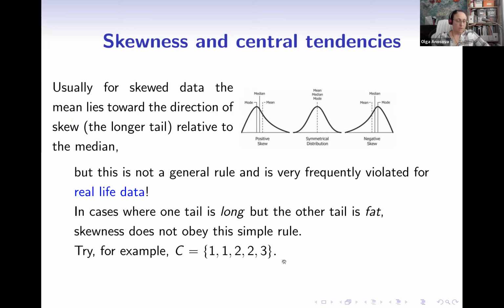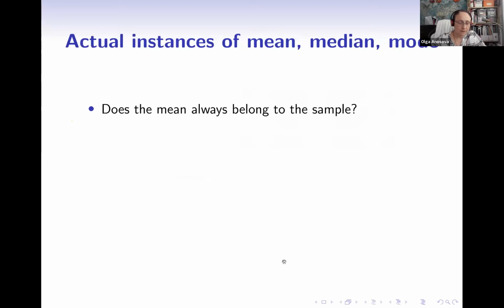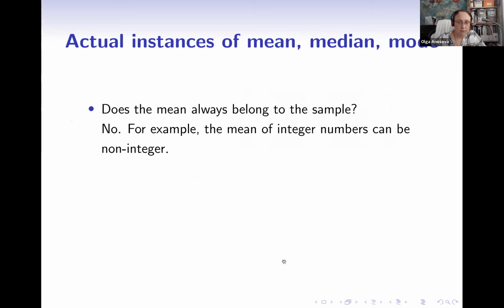Okay, so let's just quickly cover some other properties. I don't think I will have time to cover everything, and I don't want to spend much more time, so I think I'll just go through them. So what are the main properties? The mean does not always belong to the sample. And I think we all understand that from trying to find a mean person with a mean number of legs. That one, we've covered.